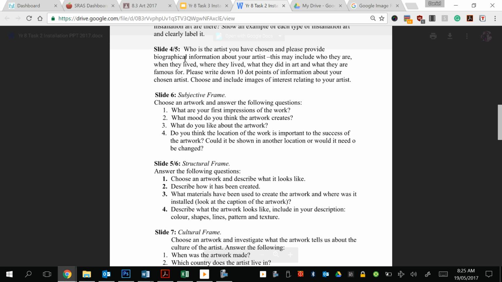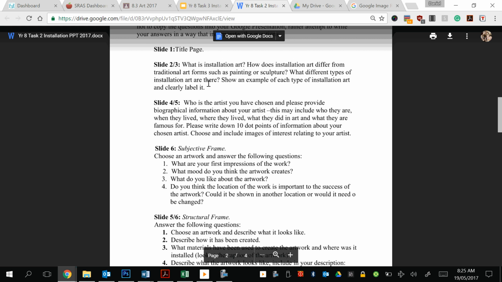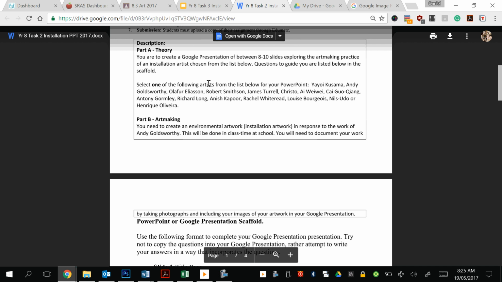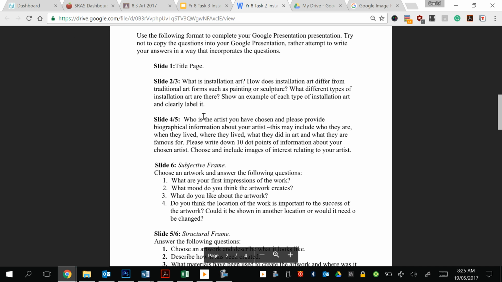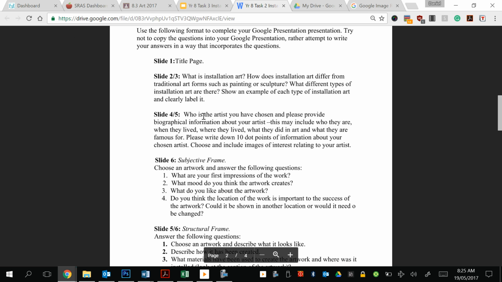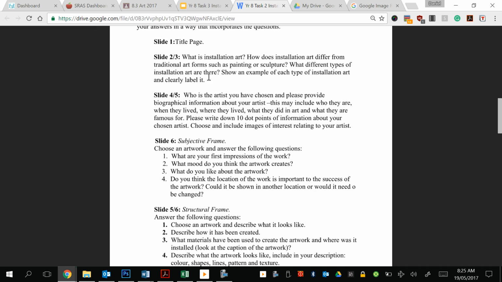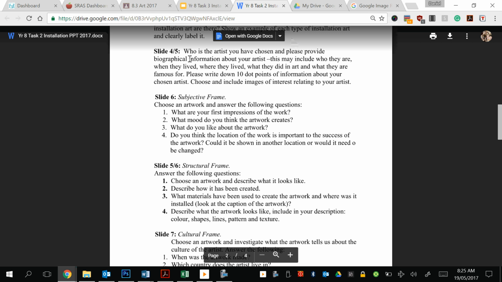Next little section, who is the artist you have chosen? So from that little list up here, Yayoi Kusama, Andy Goldsworthy, and all those lovely people, you're going to choose one. You're going to concentrate on it. Who is the artist you have chosen? And please provide biographical information, a biography. I just want some brief information about who they are,